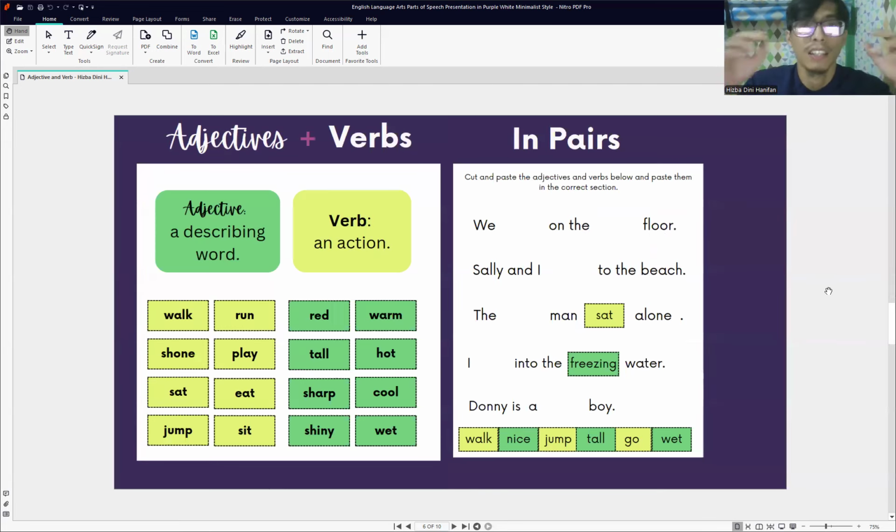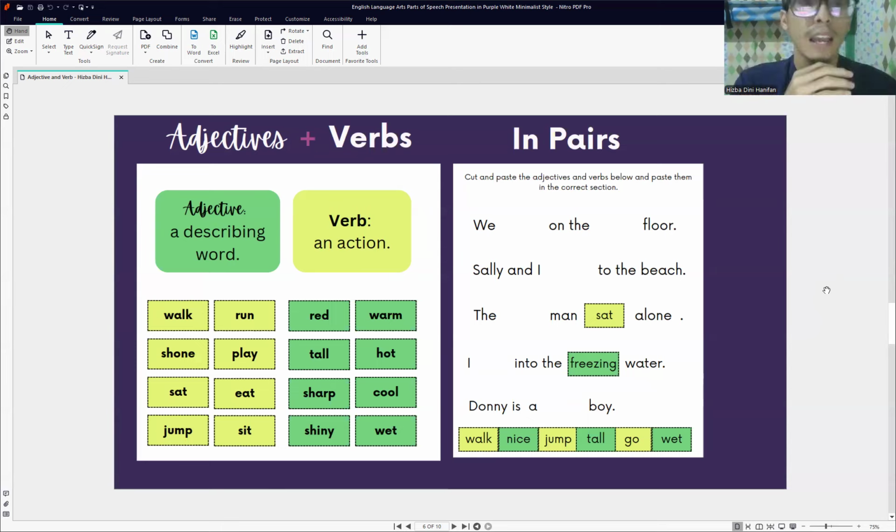Now I'd like you to work in pairs. Find your own pair. It can be on your right side or your left side, or behind or in front of you. It's up to you to choose. I'll give you 1 minute. It's been a minute. Okay, you already got your own pair.